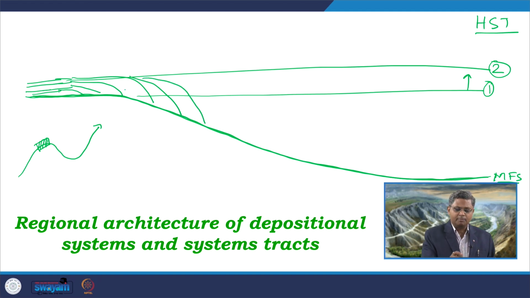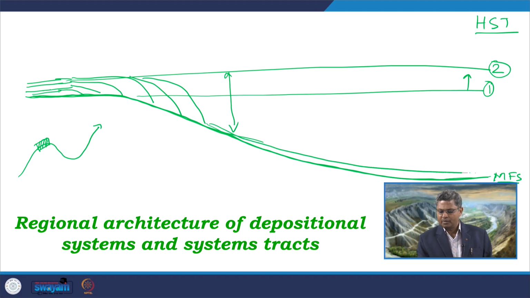This will continue up to a certain extent, and then as the water level is higher, the supply of these coarser clastic, terrigenous sediments will be restricted more towards the shore area. As a result, in the deeper part, starting from the outer shoreface to the outer shelf, there will be a thin deposit of hemipelagic to pelagic mud, which we commonly call the condensed section.